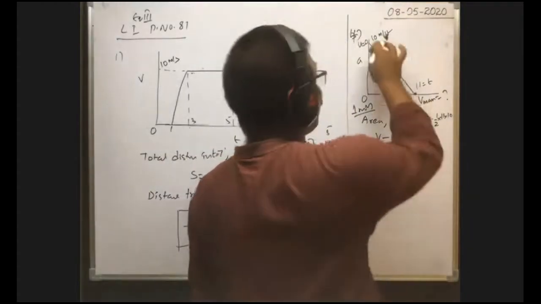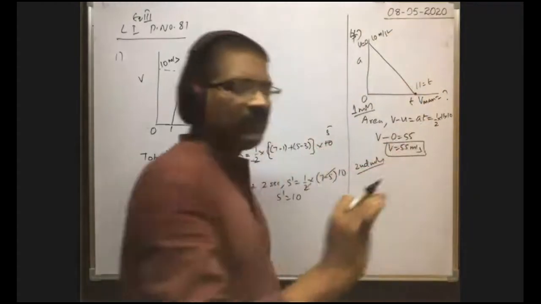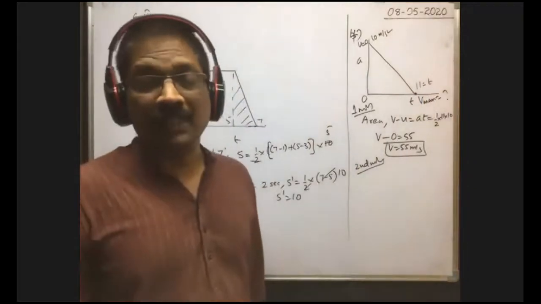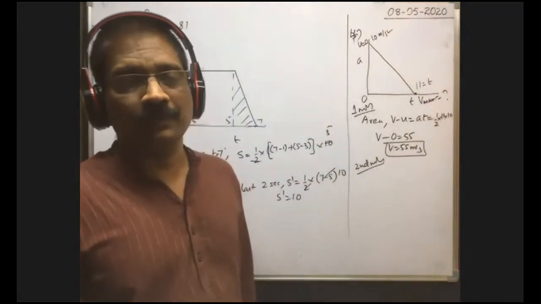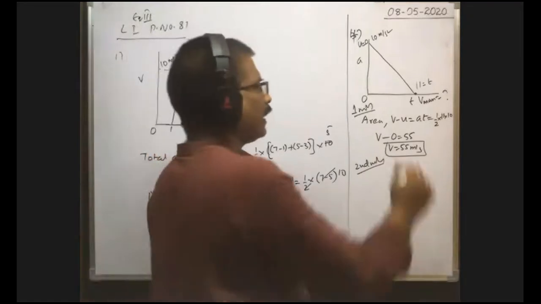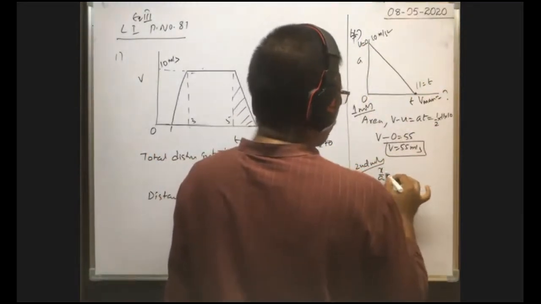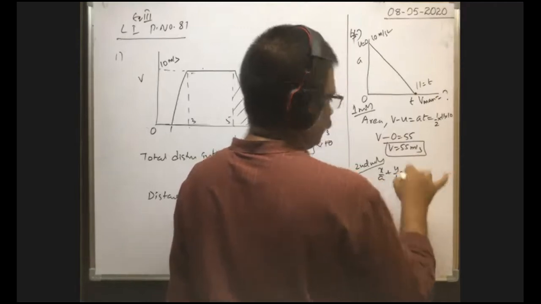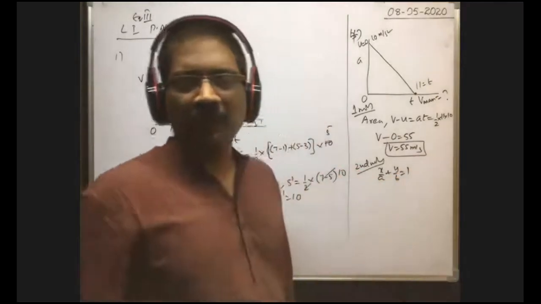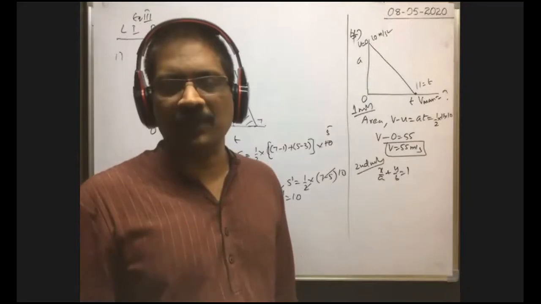By writing the equation for acceleration, with the help of integration, we can solve the problem. This is important for advanced models also. Here, how can we write the equation of motion for this? Already we know x by a plus y by b is equal to 1. The straight line equation is like this, no? Where a, b are the x and y intercepts. Okay.